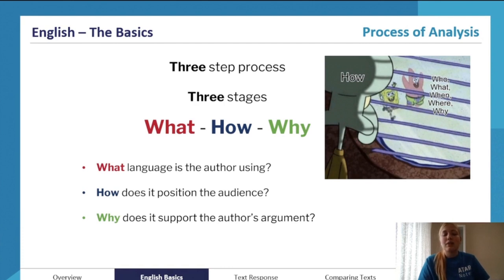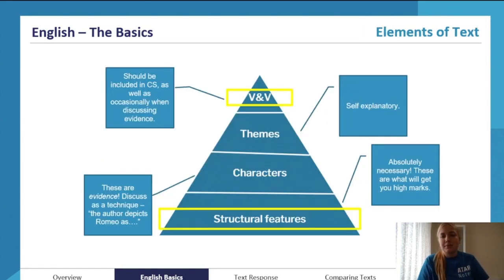Now, the how is basically your intended effect. How is the author aiming to make the audience feel, think, or what is the author trying to make them do? So you might choose to do the how or the why or even both. And then the why is, why does it support the author's argument? Basically, how does it make their argument, or if you might even be thinking through the lens of the whole contention, how does it make it more convincing? Is something adding credibility? How is it doing that? You need to explain.